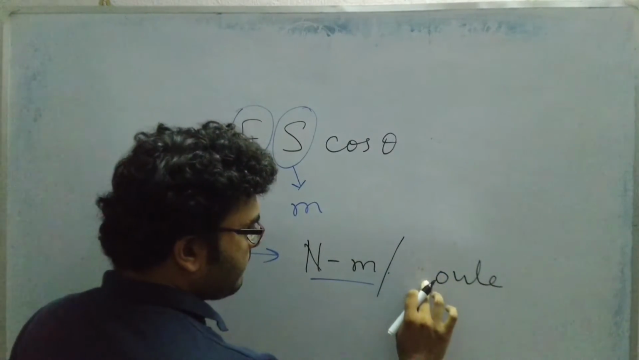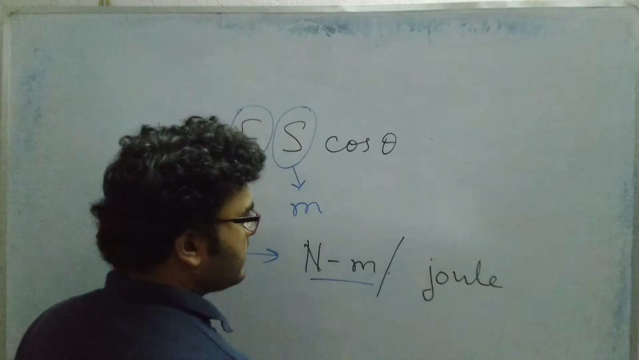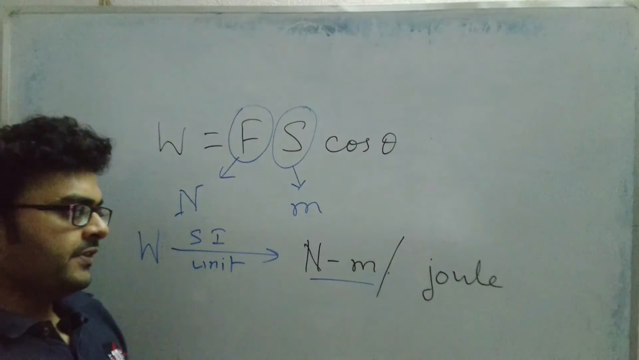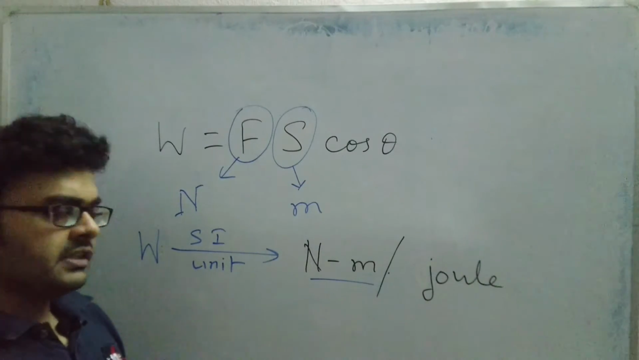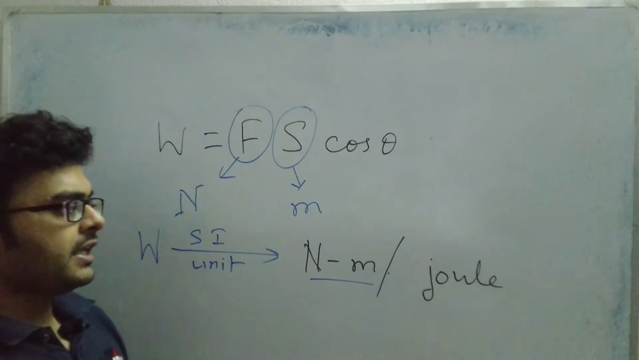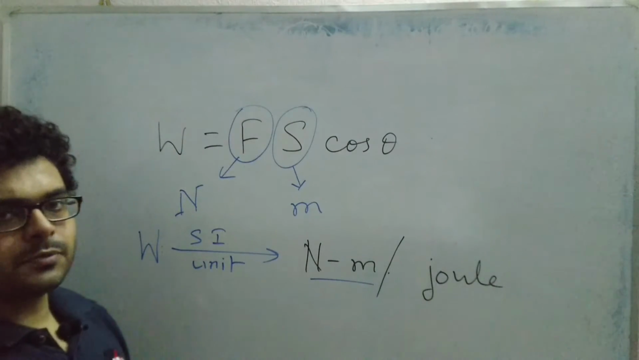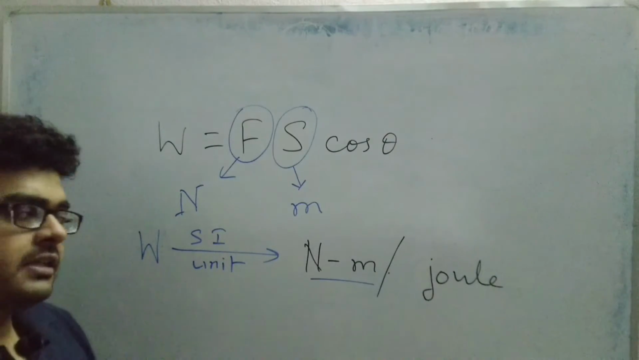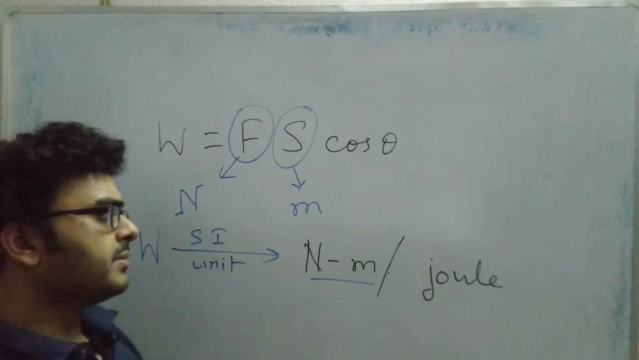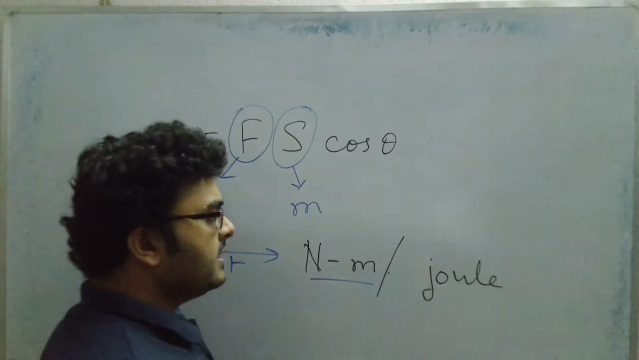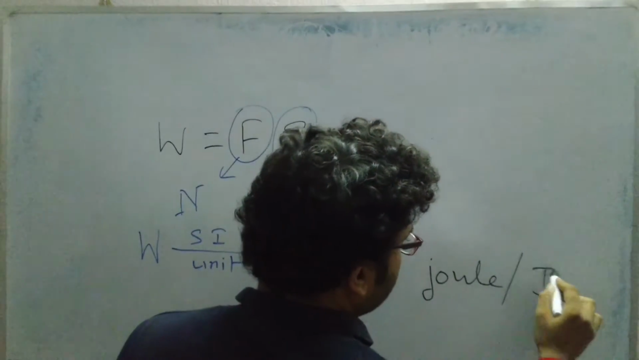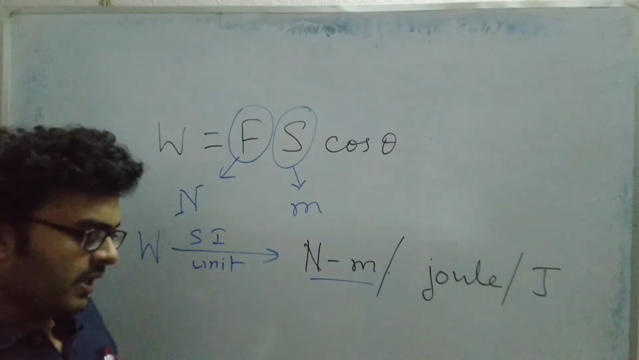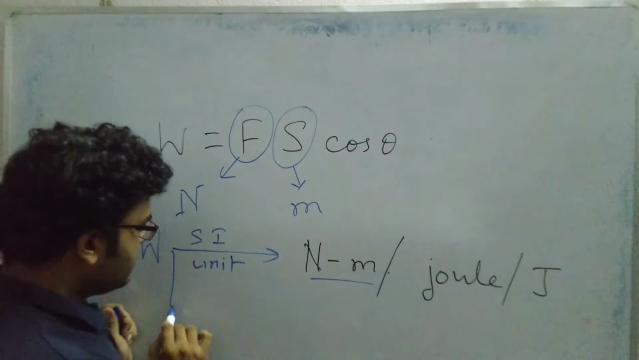If we write the unit in full form, then it must always start with a small case letter. Even if the SI unit is named after a scientist, when you are writing it in full form, it starts with a small case letter. If you write it in the abbreviated form, then if it is named after a scientist, it should be written in capital, like Newton. So the SI unit of work is joule, and the CGS unit